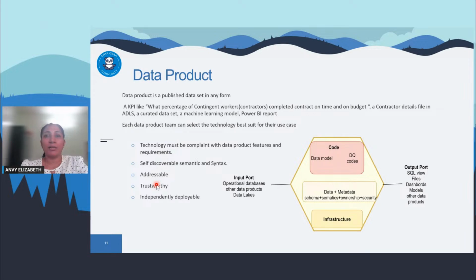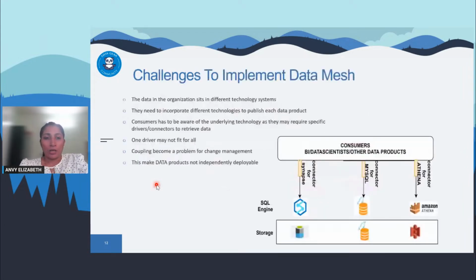And your data product should be independently deployable, like a microservice. So it should be a loosely coupled data product that can be consumed easily by other domains. And now the challenges that our company faced to implement data mesh. So we know these are the solutions, and this is how data mesh has to be produced. But I'm going to take you through some of the challenges the company faced to implement